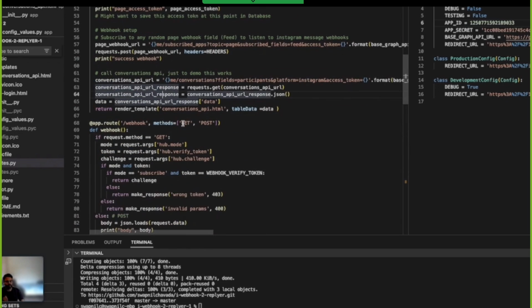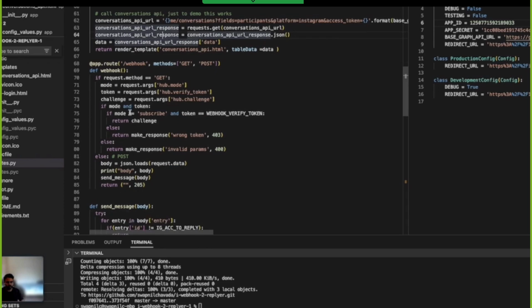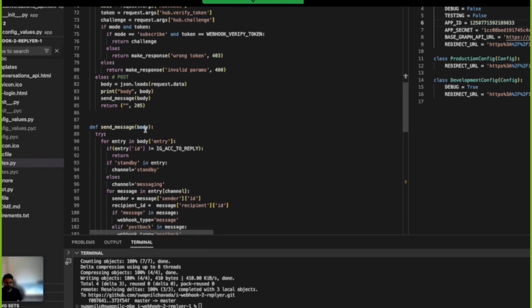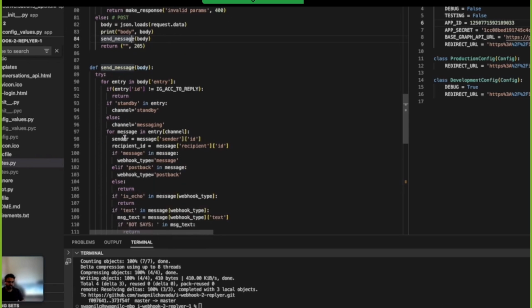In the same sample app, I have another endpoint which is what listens to the hooks when users message your business. This endpoint, at a high level, listens to the webhook and then responds back with the same message.